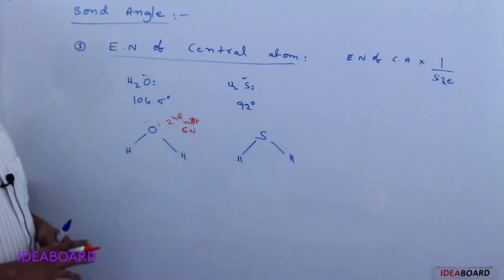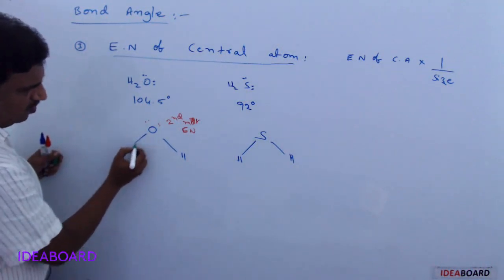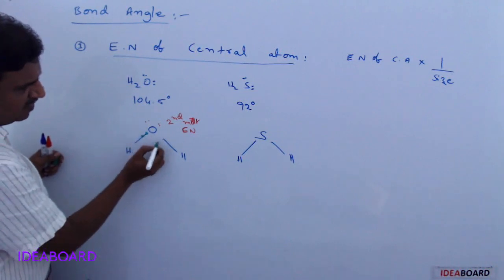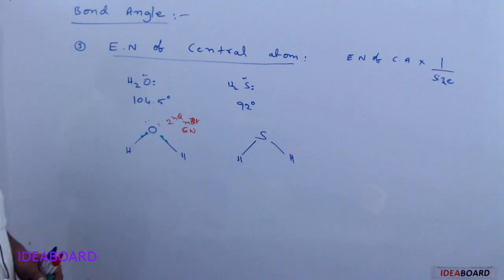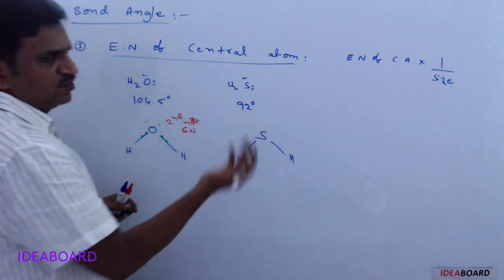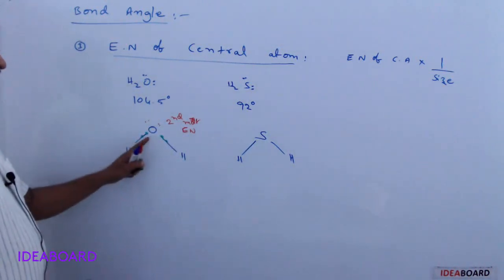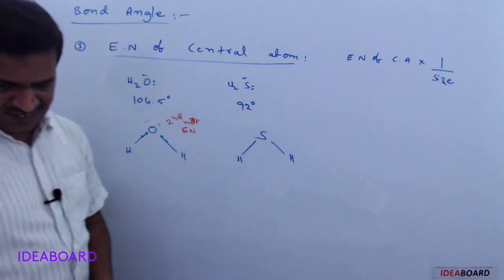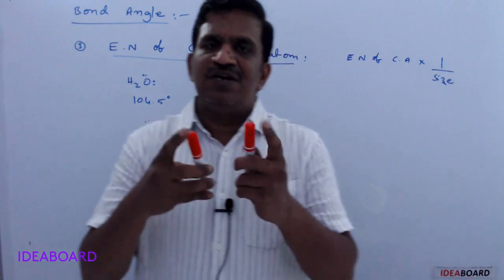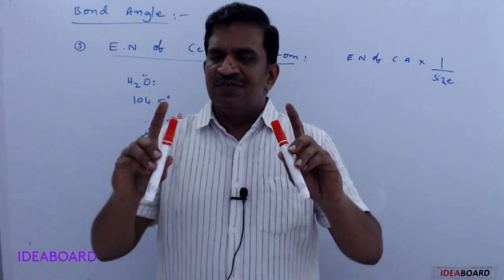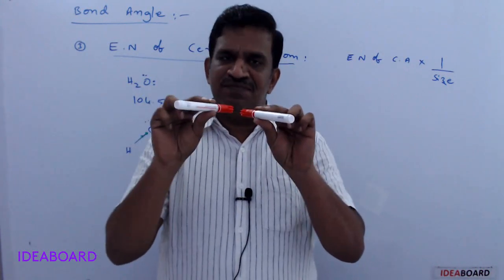Whenever the electronegativity is more, these bond pair electrons are attracted. Here in the bond, there is a pair of electrons. The bond pair electrons are attracted more towards the central atom. Here also, if electronegativity is more, it attracts, but here this is more, this is less. Suppose I am giving here C, these red caps are considered as the bond pair electrons and these are the bonded atoms. So the bond pair electrons are closer, then what happens? There is a repulsion between them.